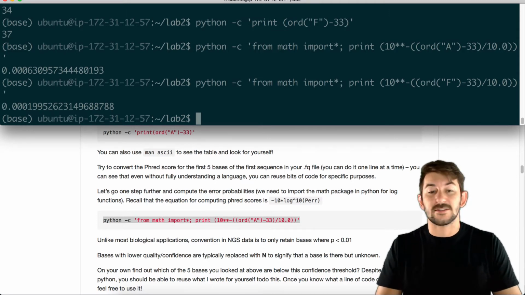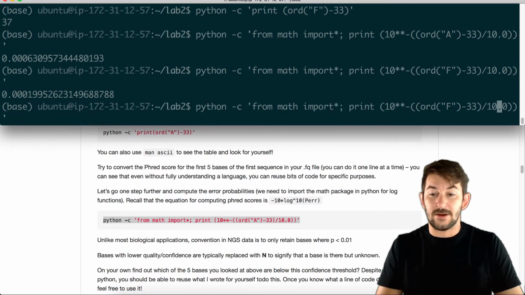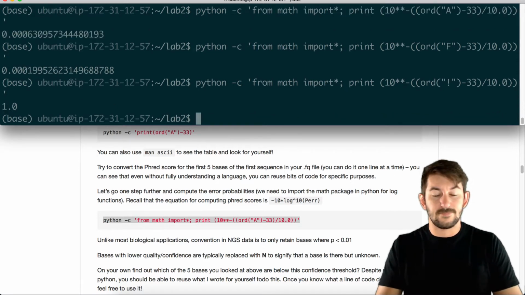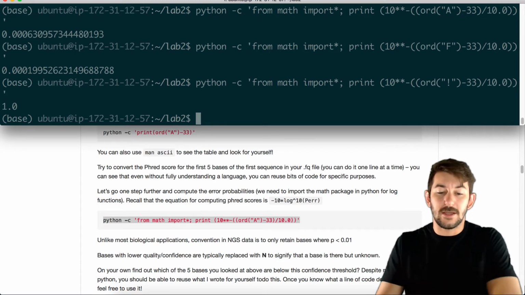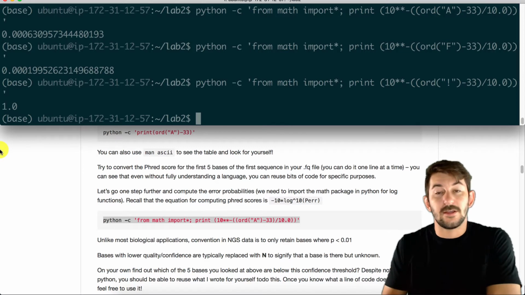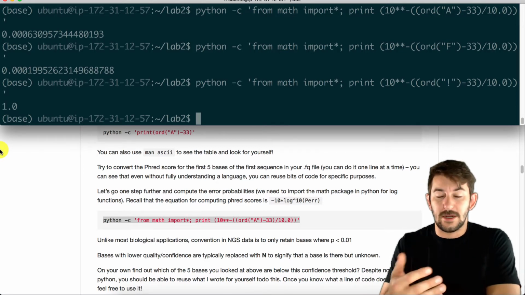0.0019. That's another good value. Now, what about an exclamation mark? That's a 1. That's the very bottom of our scale, basically we're 100% certain we've got it wrong. Okay? So that's how these PHRED scores are calculated and used in